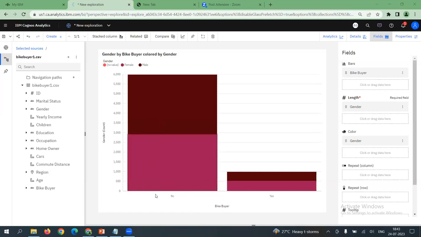Now we can see on the x-axis we have bike buyer classes yes and no, and each color code depicts a gender. The brown color on my screen corresponds to the male category, and the pink one corresponds to the female category. Right? Quite simple. That's why selecting the visualization type will help you produce the right kind of visual insight into your hypothesis. To make it more readable and more interpretable, what you can do is, after creating this graph,